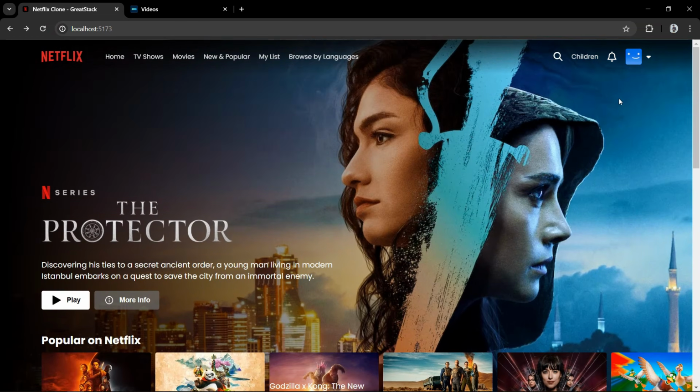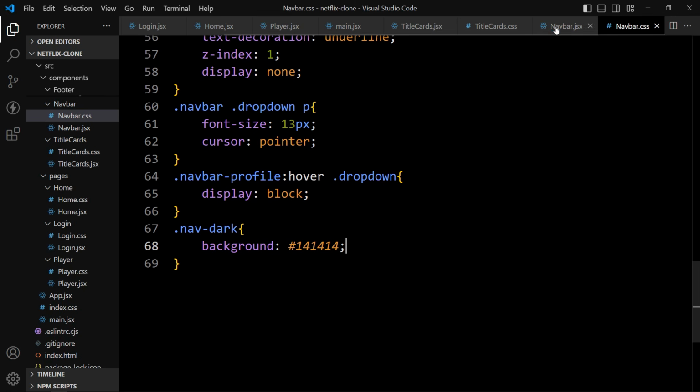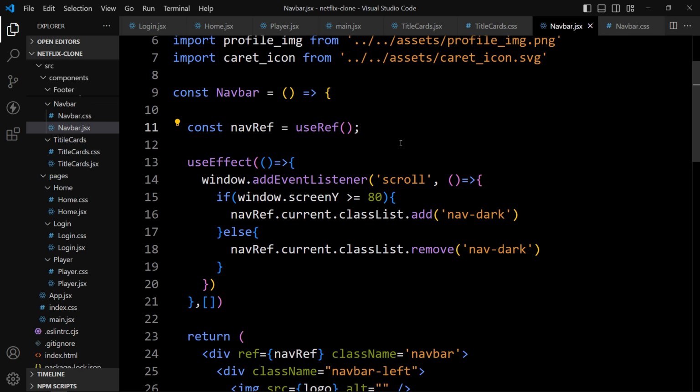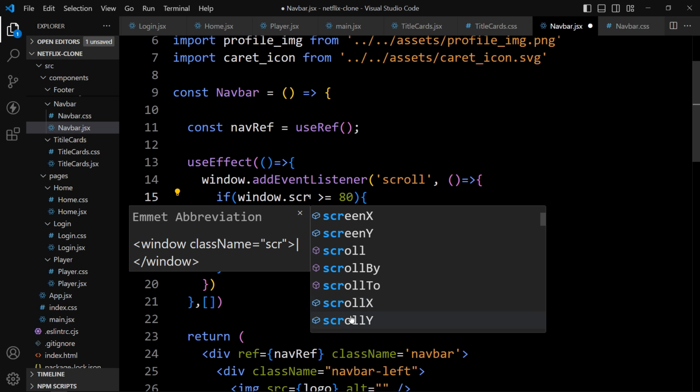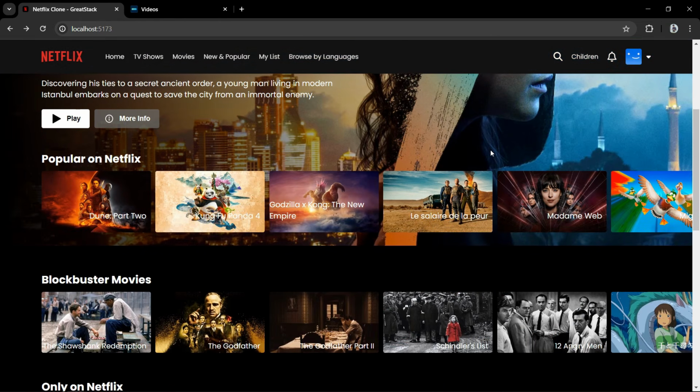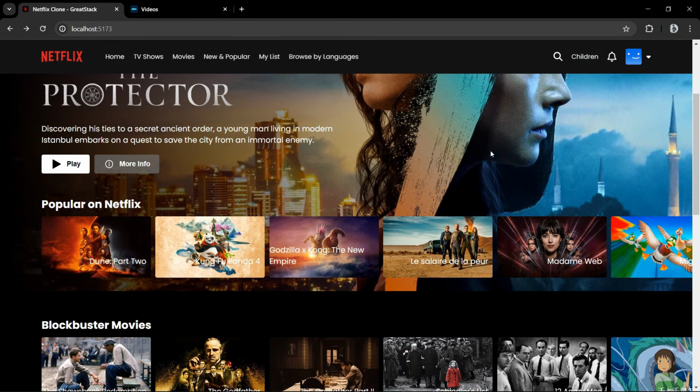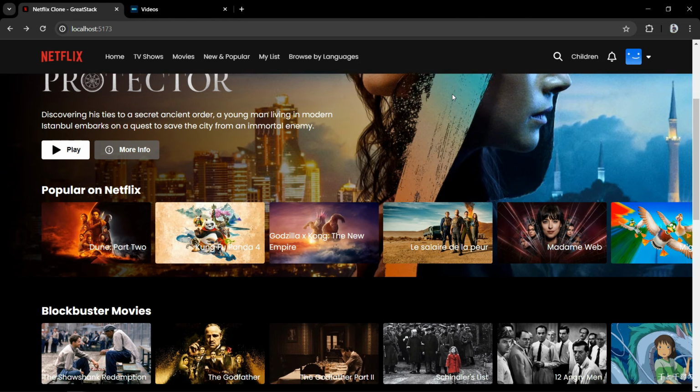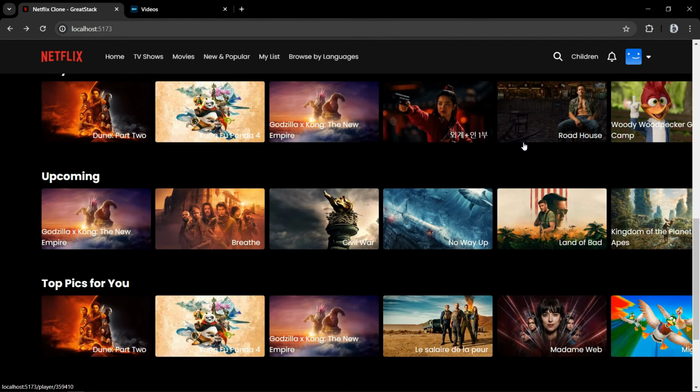It is not working, so let's come back. We will open navbar.jsx file. Here we have added screenY, it will be scrollY. Update this one, save the changes. Again we will open the website, and if I scroll you can see we have a dark background below this navigation bar. So now it is looking good when we scroll this website.